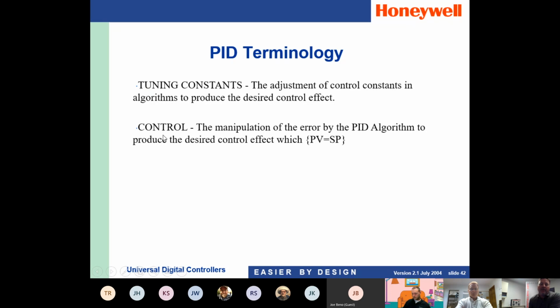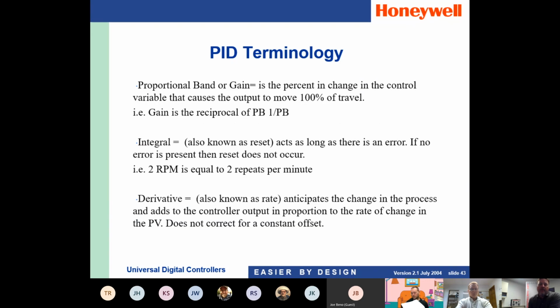And then we did talk about control. So in order to get optimal control, where we're trying to reduce the error between process variable and set point, we want to make sure our tuning constants are set up appropriately. When we talk about proportional band or gain, most controllers allow you to configure this one way or the other. Know that proportional band and gain are just the inverse of each other. They both do the same thing in a process control loop. So proportional band or gain is the percent change in the control variable that causes the output to move 100%